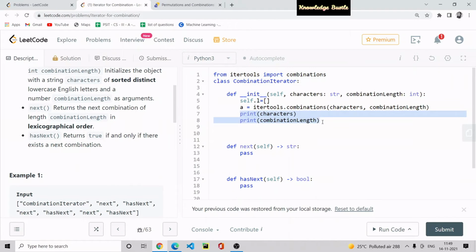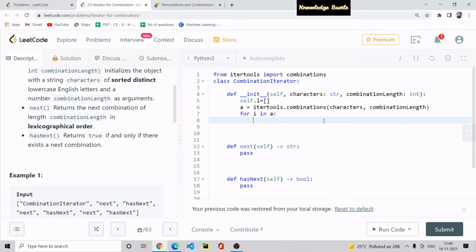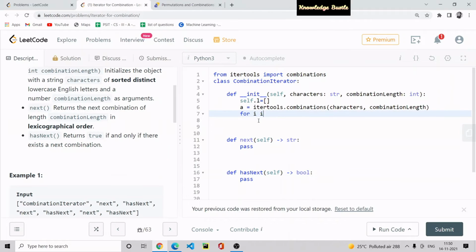And we iterate over a, like for i in a. Here we have to append. Firstly, you will see what a returns, so you need to print a.